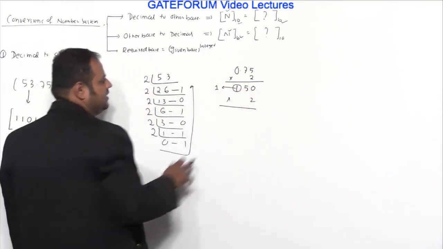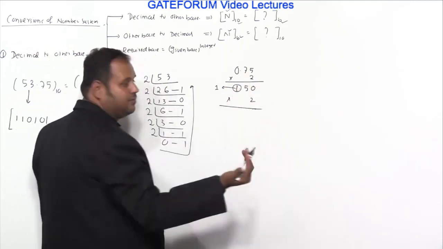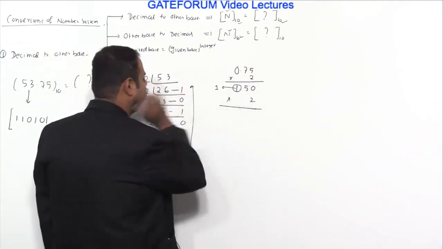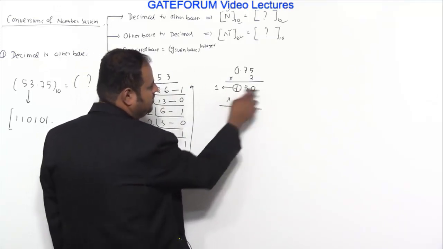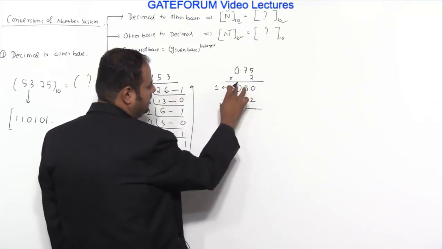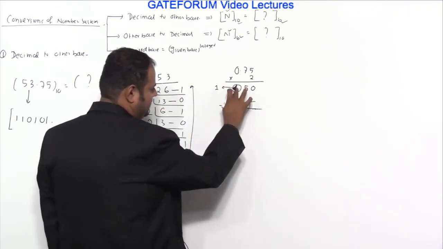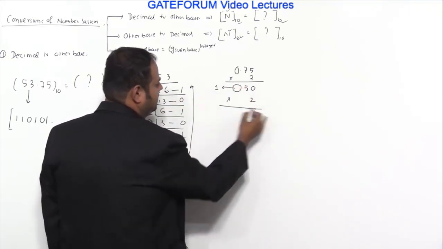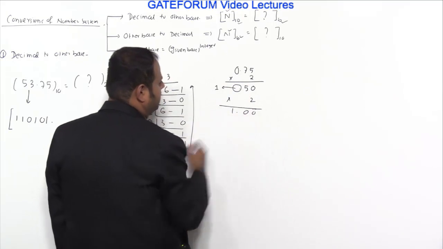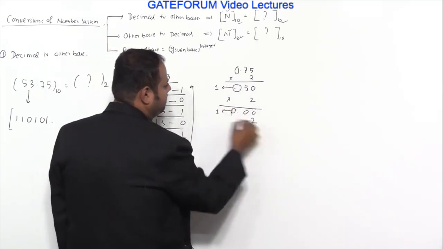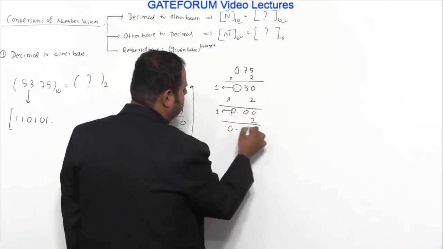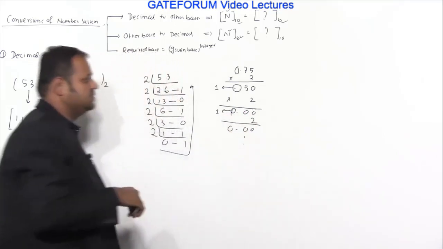So now you multiply by 2, it is 0.5. I will tell why you are doing this. 2 times 0.50 is 1.00. You are not supposed to multiply with 1.50. I just took out this 1 and this is 0. Otherwise you write like this. So I have taken out this 1, this is 0. This becomes 1.00. Again if it is 1, you take it out, you make it 0. And again you multiply with 0.00. And if I keep on doing this, it will always be 0.00.